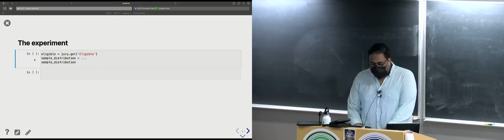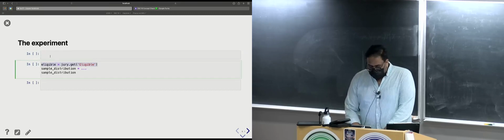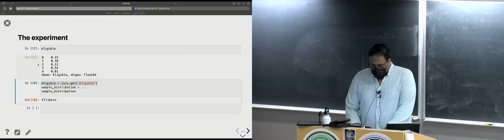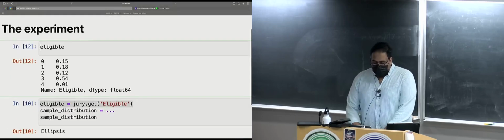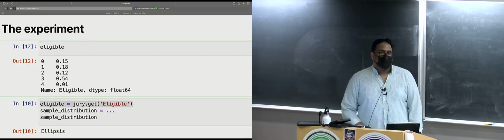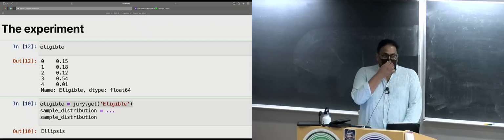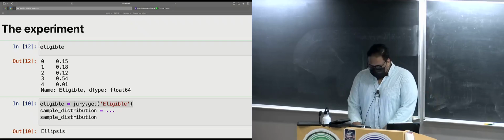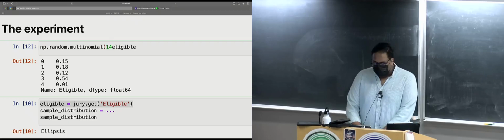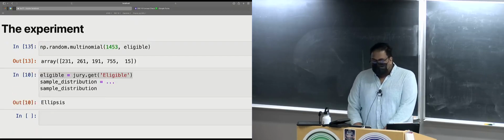drawing from the eligible population? Well, you can run this. This is a categorical distribution. And can anyone remember the name of the function we talked about a few lessons ago that allows us to draw from a categorical distribution? Multinomial, right? np.random.multinomial. Good. What's our sample size here? Does anyone remember? 1,453, okay? And so what this does now is it samples 1,453 people from the distribution that's specified in this